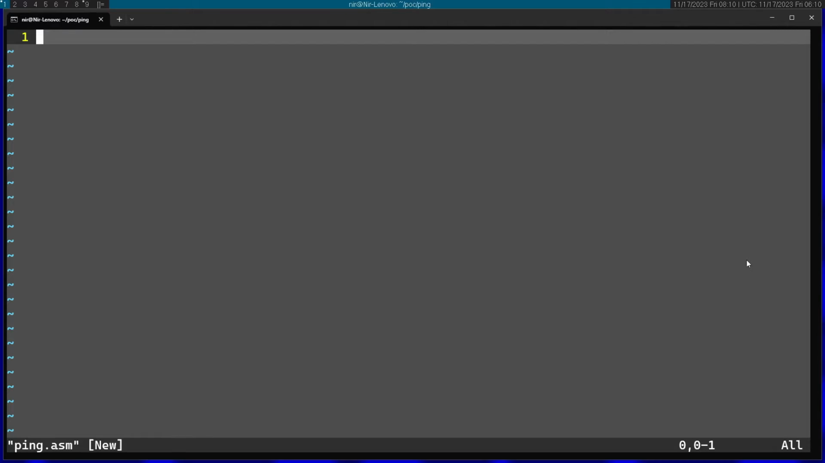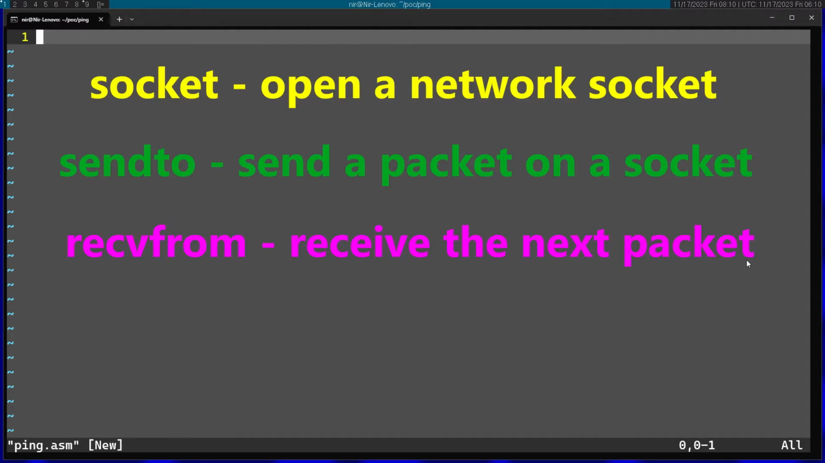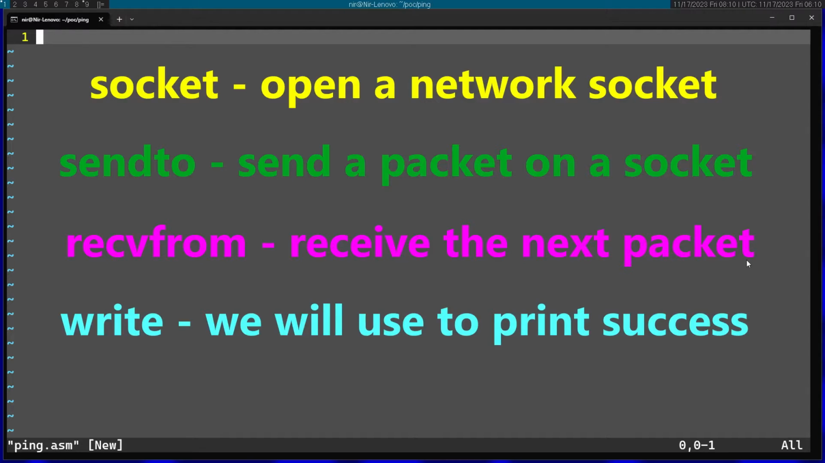So the first one is going to be the socket system call, and we're going to use that to initialize the socket which we're going to use to send and receive the packets. Second one is going to be sendto, which will be used to actually send the packet to the server. Receive, recv, is going to be to receive the next packet that comes in. Finally, I'm going to use the write system call in order to write a success message